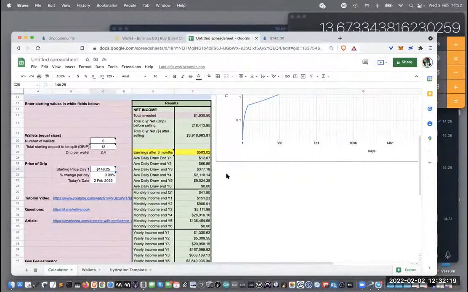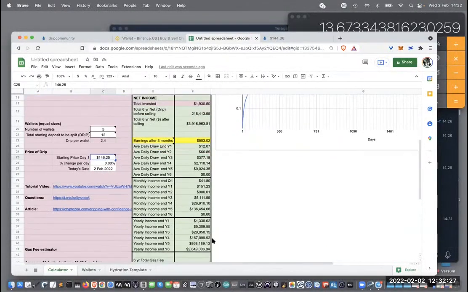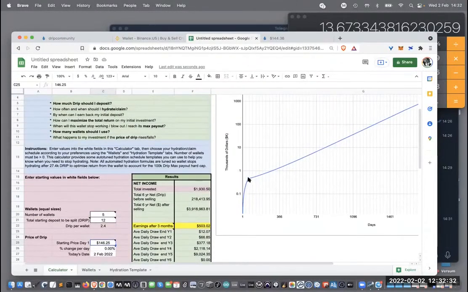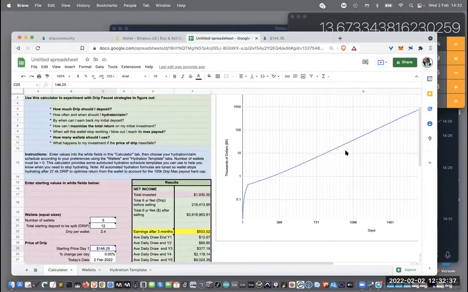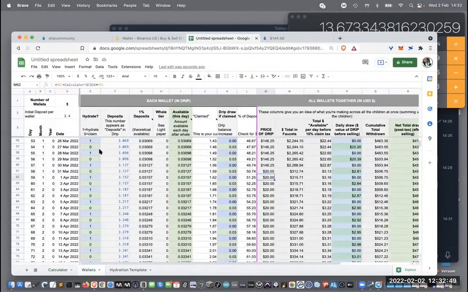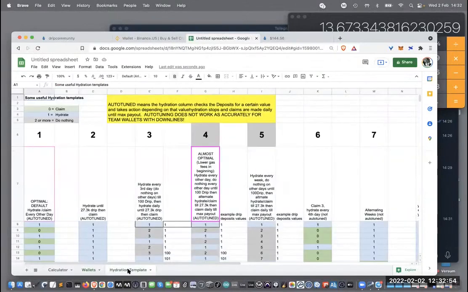with that price. Well, it's still an amazing amount of money. It's much more realistic, I guess, or it's a much more worst case. Right. You can see that point where the price is changing. So the calculator gives you really an opportunity to just study what's going to happen with various choices. So if we have 12 drip and 5 wallets, but instead we decide we just want to, I'm going to keep that price like that because that's a nice worst case price